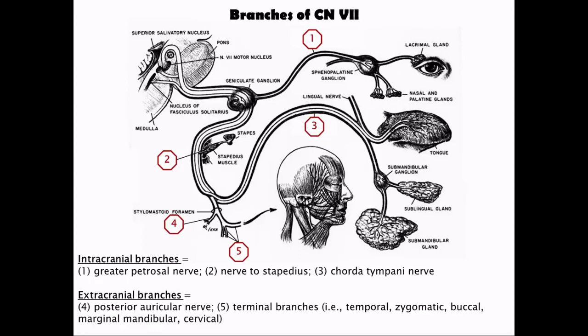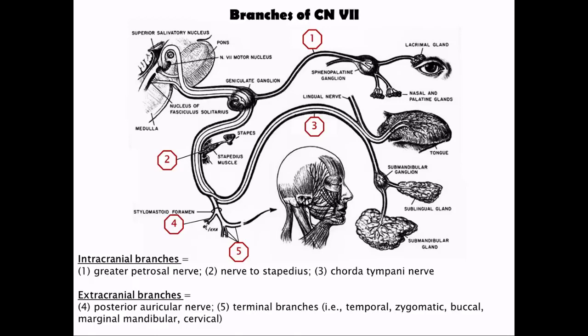The third intracranial branch is the chorda tympani nerve, which carries parasympathetic fibers for salivation and special sensory fibers for taste. Once the facial nerve exits the stylomastoid foramen, it sends off a posterior auricular nerve, labeled number 4, and ends as the terminal branches that innervate the muscles of facial expression. Now let's take a close look at the specifics of each of these branches in order, starting with the greater